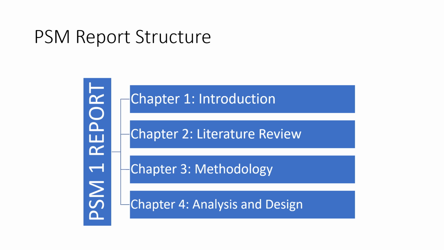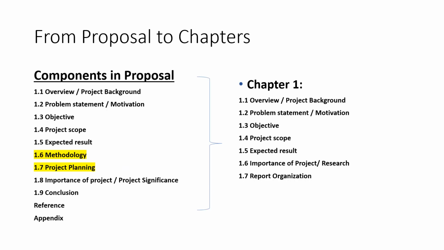So these are the basic four required chapters for the PSM1, and you need to fulfill all four chapters. Previously you already wrote a proposal, right? The more complete your proposal is, the easier it is for you to convert it to chapter 1 and chapter